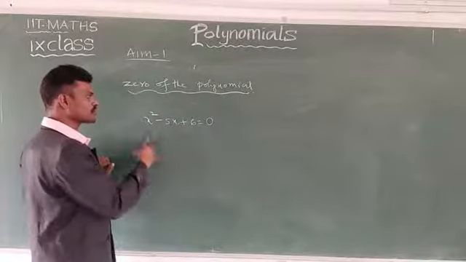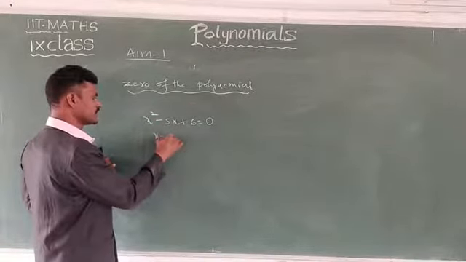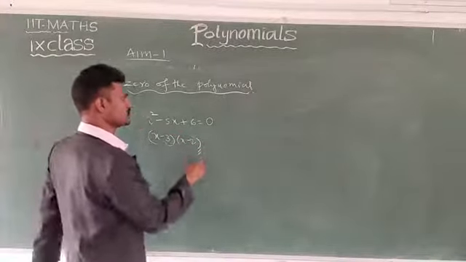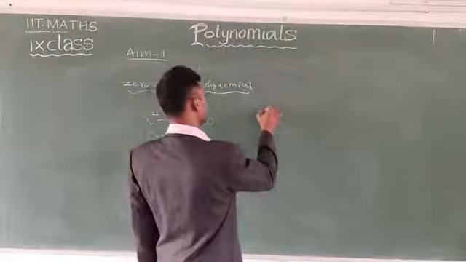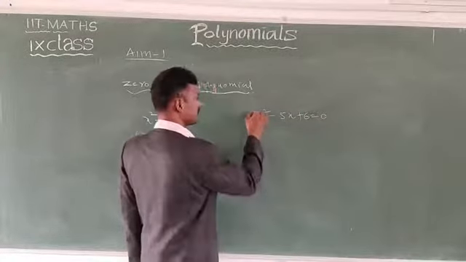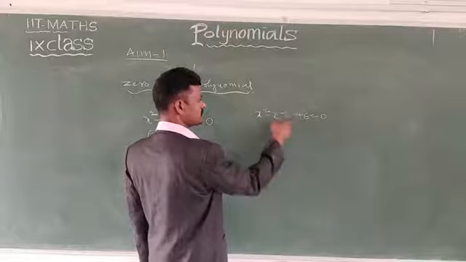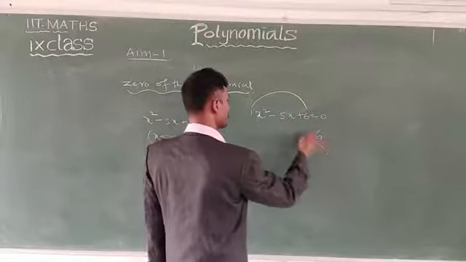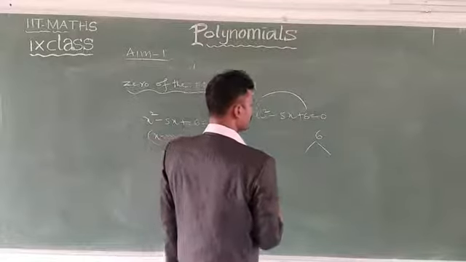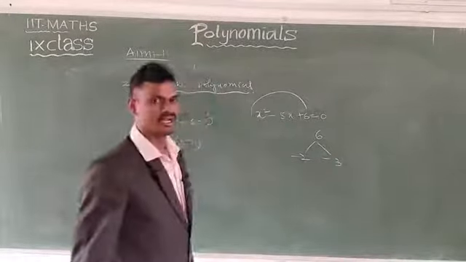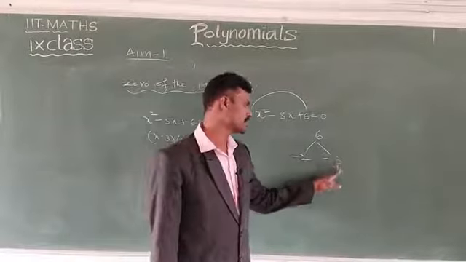Here how many roots are there? Two roots. One is x minus 3 into x minus 2. Is this correct or not? You can check it. You know that. Already I explained in the NCERT. Splitting of middle terms. Here this is a, b, c. 1 into 6, 6. This 6 is splitting. Here minus 5, minus 2, minus 3. Minus 2 minus 3 is minus 5. At the same time minus 2 into minus 3 is plus 6.